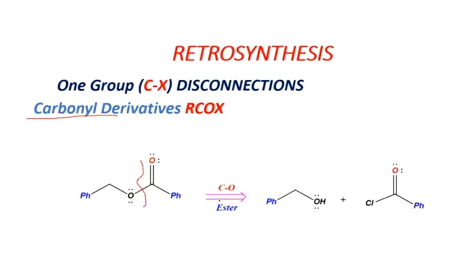So here is one example of the disconnection of a carbonyl derivative or COX derivative. In this case, the disconnection could occur through the carbon and heteroatom bond. Always remember, whenever we are doing any disconnection, we are doing it through the carbon and heteroatom bond. So we are getting a stable fragment. We are breaking the molecule through this, and we are getting this stable alcohol as well as this stable carbonyl fragment. Here is the formation of a negative charge, and on carbon there is formation of a positive charge.